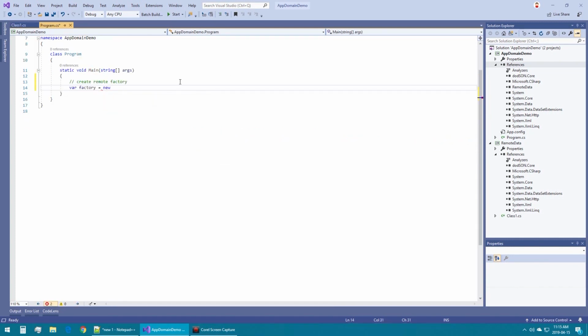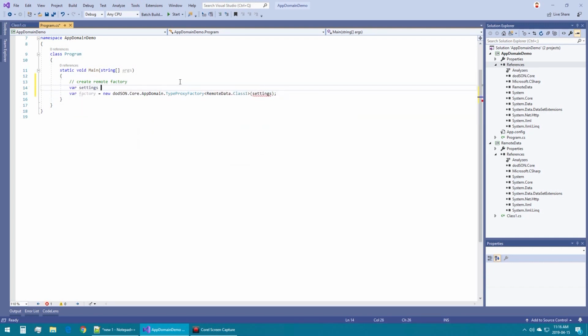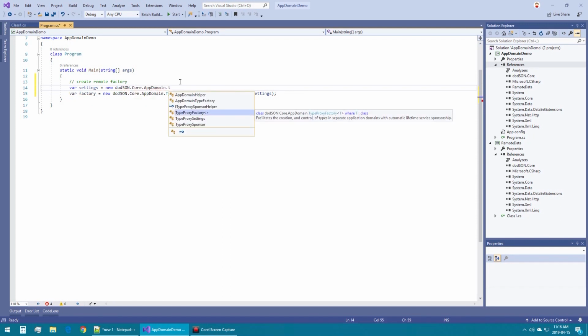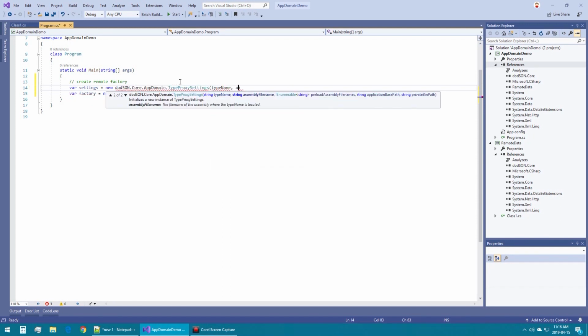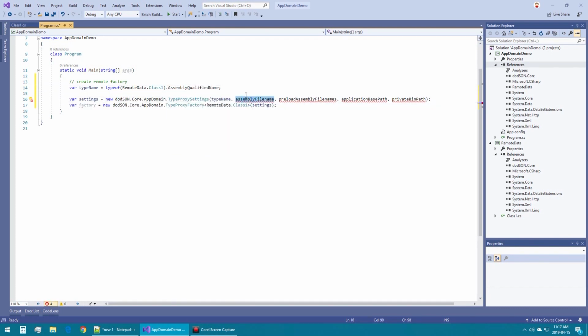The first thing we will need to create is a remote app domain factory, which will allow us to create and control types in a separate app domain. The remote app domain factory requires a type proxy settings, which describes the type to instantiate and the environment to instantiate it in. The type proxy settings requires the assembly qualified name of the type to instantiate,